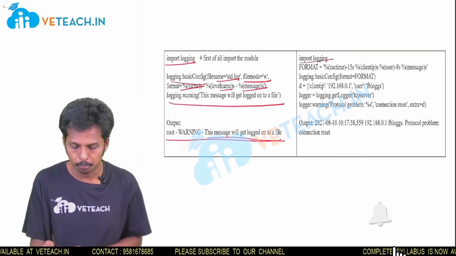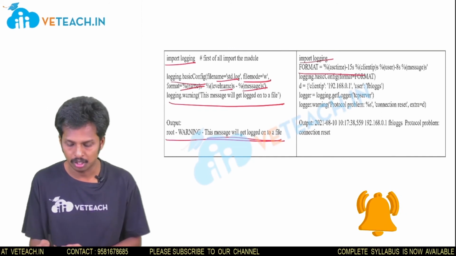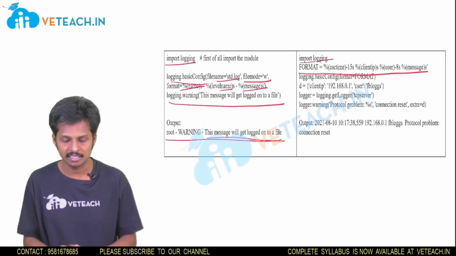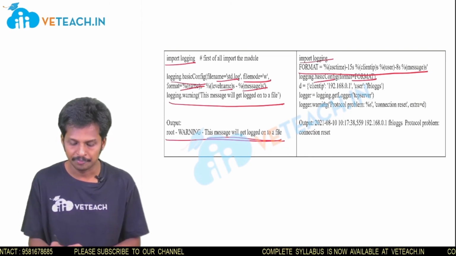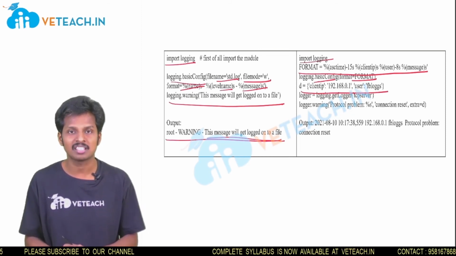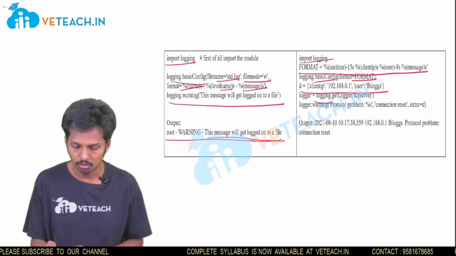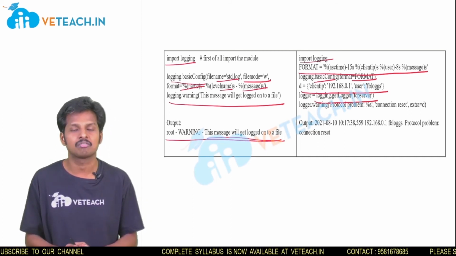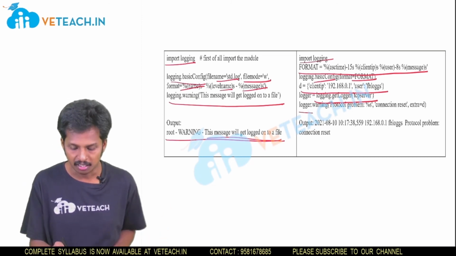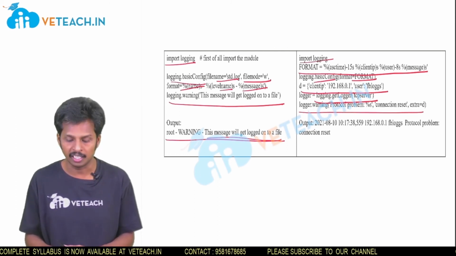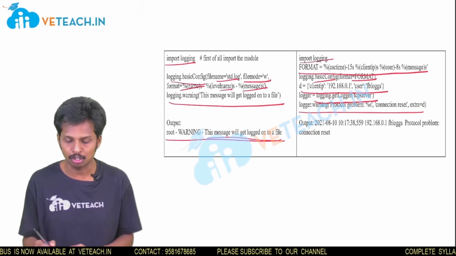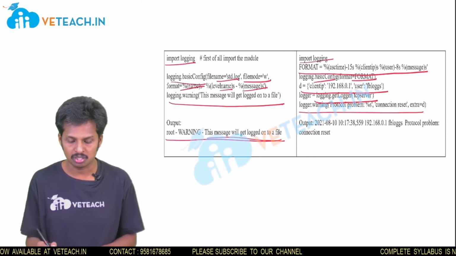And one more example here, import logging, where the format is set to be the time, the username and all these things, and then basicConfig with format, and then d is equal to client IPs. Client IP details were passed to it, and username is fbloggs. logger is equal to logging.getLogger of tcpserver. We are getting the details of the TCP server, and then we are printing a message, logger.warning, which contains the message protocol problem when the connection is reset, with all the details that we have set in the format.